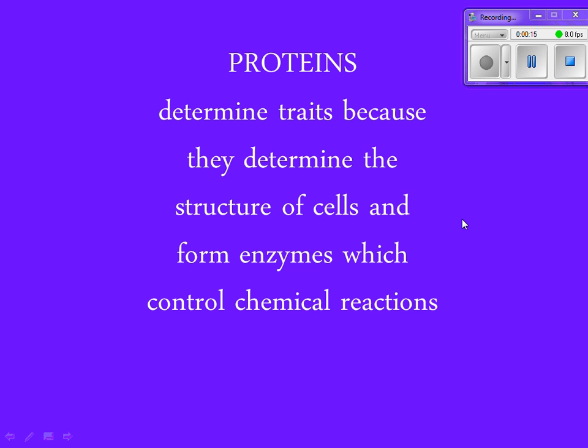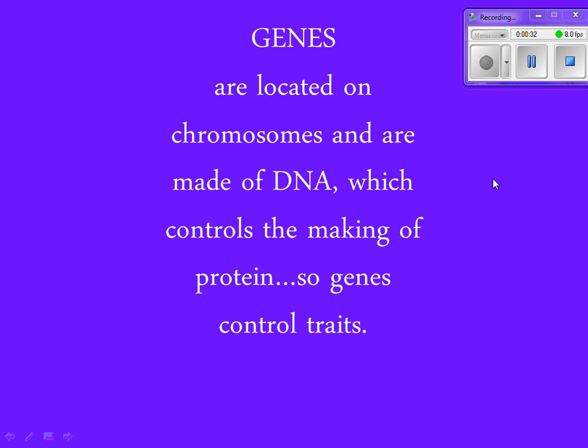And just remember that proteins determine your traits because they are the ones that determine the structure of the cells and form enzymes and control the reactions and hormones and all that. So proteins are really important, but which proteins are made really depends on what the code of the DNA is. So the genes that are located on the chromosomes are made from DNA, and whatever code that is, that's going